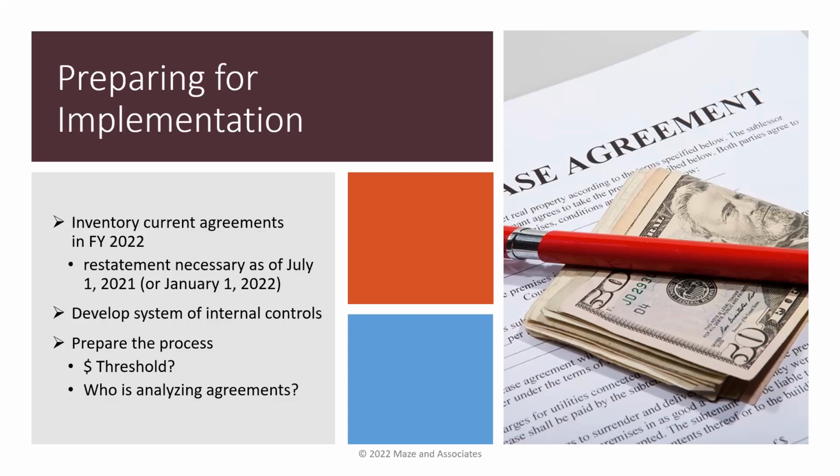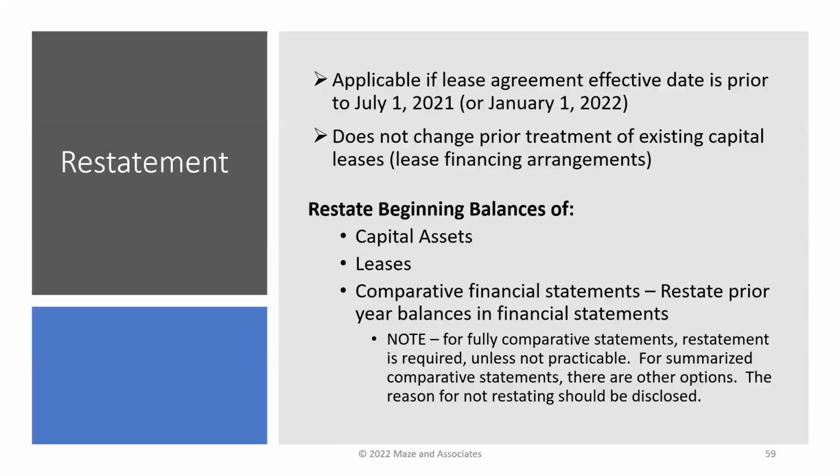And then you also think forward. This is not a one shot. This is a moving forward item. Who's going to be responsible for what you're going to do when you encounter new agreements and modifications that happen during the year? You have to develop those procedures and policies to make sure that you're catching everything and you're going to be accounting for things on an ongoing basis. It's a new area for you. Then remember, you're going to restate the financial statements at the beginning of your fiscal year.